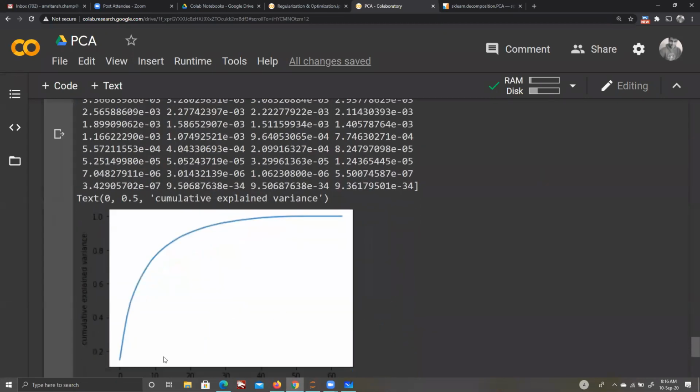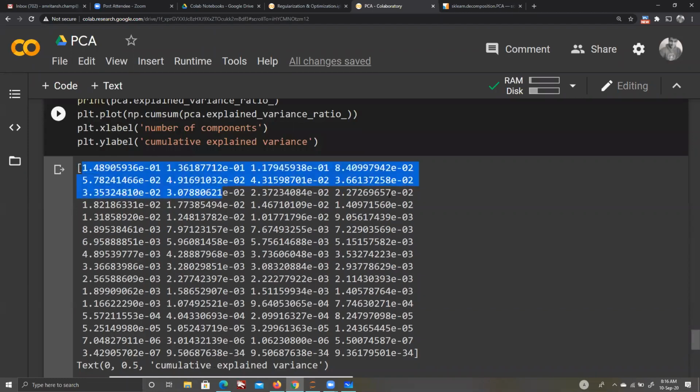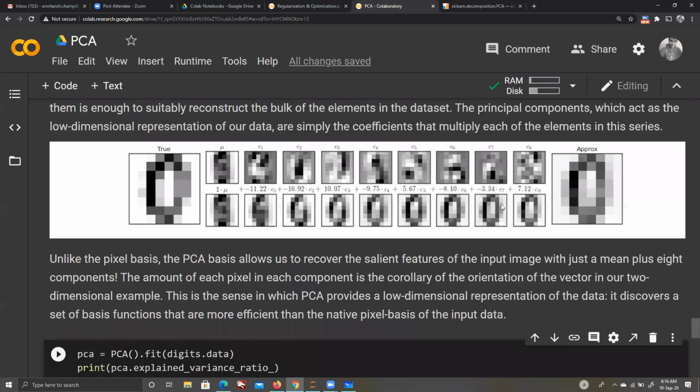If you remember, we have already drawn this, and I was saying that to get 80% of variance, we will require barely 12 dimensions. So if I just take the top 12, which means till here only, these are the variances. If I take the first 12 PCs, principal components or eigenvectors, I can explain close to 80%. Isn't that really impressive?